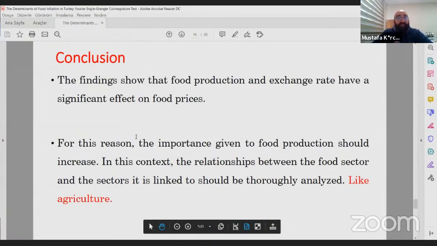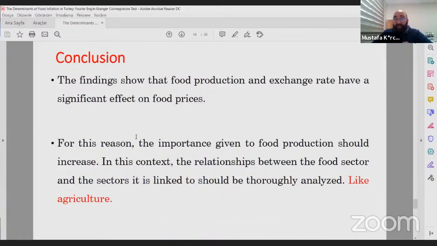Conclusion: the findings show that food production and exchange rates have a significant effect on prices. For this reason, the importance given to food production should increase. In this context, the relationship between the food sector and the sectors it is linked to should be examined through analysis, like